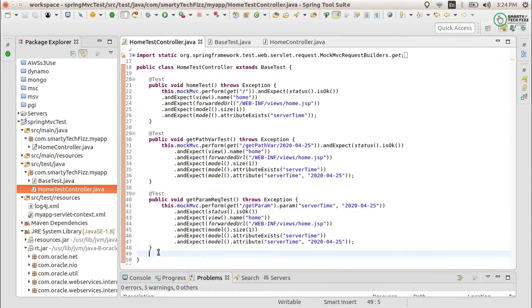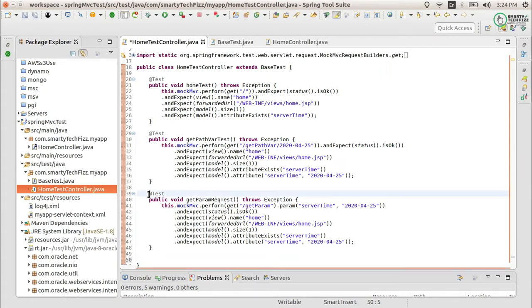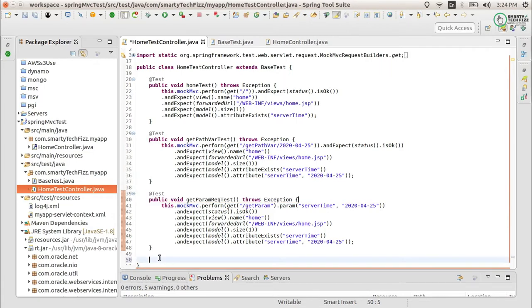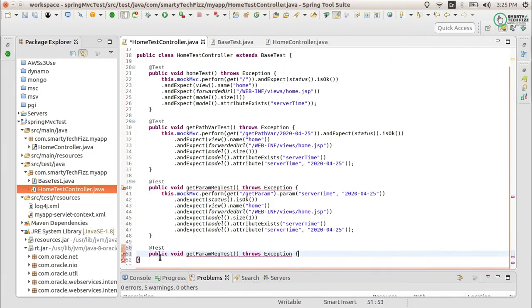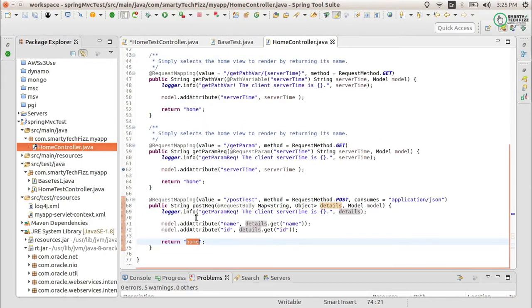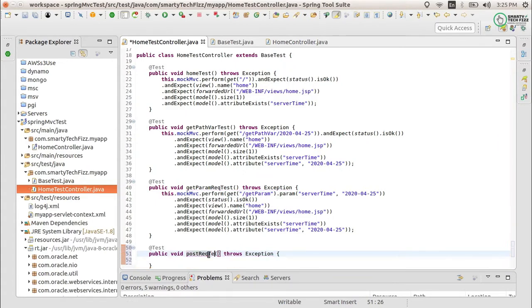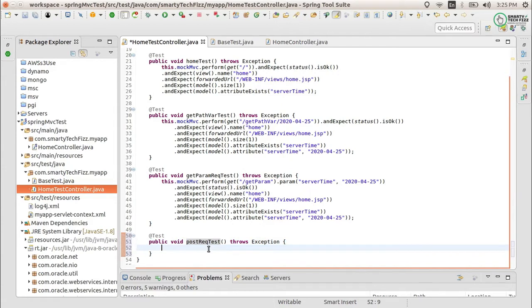As you all know, for testing any controller we need to define a method with the @Test annotation. So I am defining my method with the test annotation and providing the name, and this will be the method where I will test my post request.